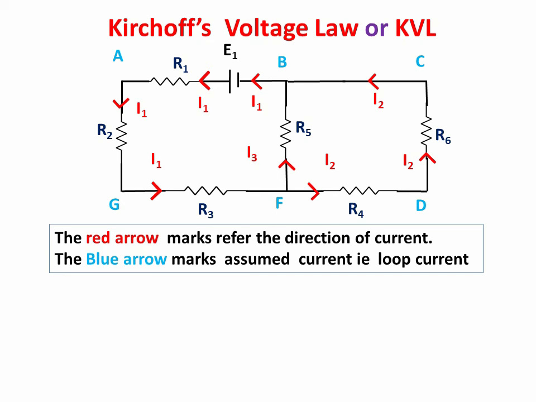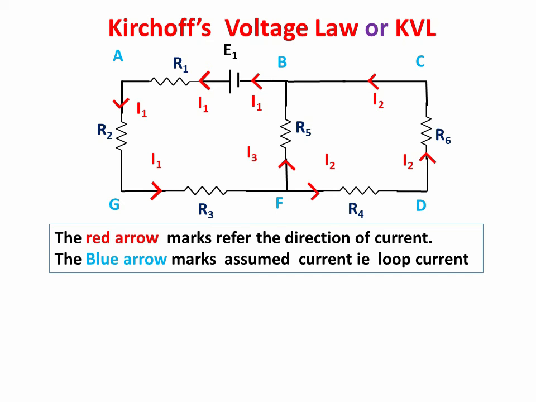What is I3 and I2? I3 and I2 is nothing but which is coming out from the entering current I1, isn't it? I1 is split up into I2 and I3. So again the incoming and outgoing currents are same, I1. In this way the current is distributed. Here the red arrow marks refer to the direction of current.